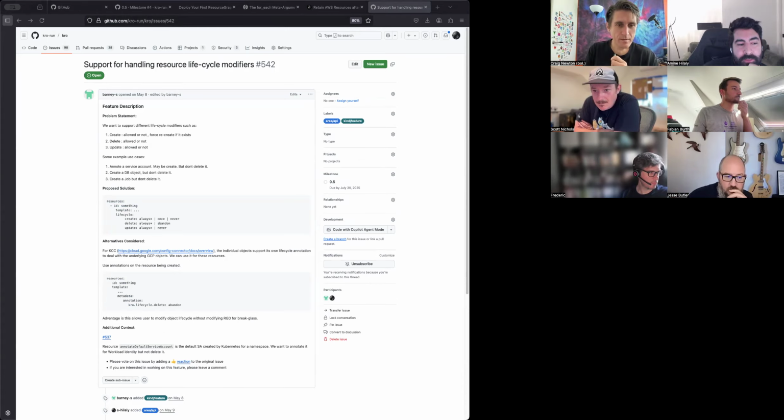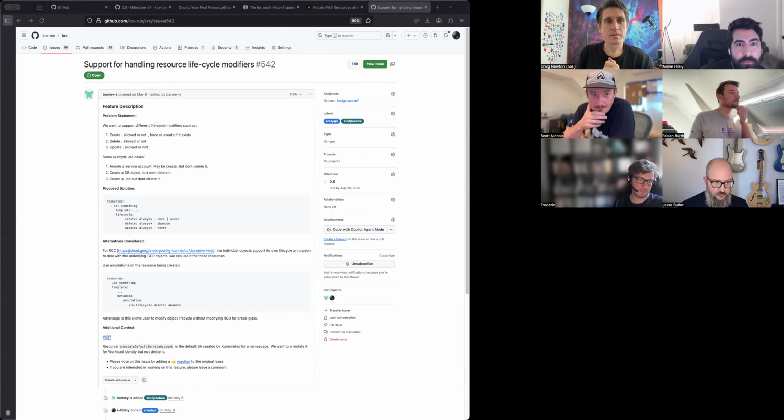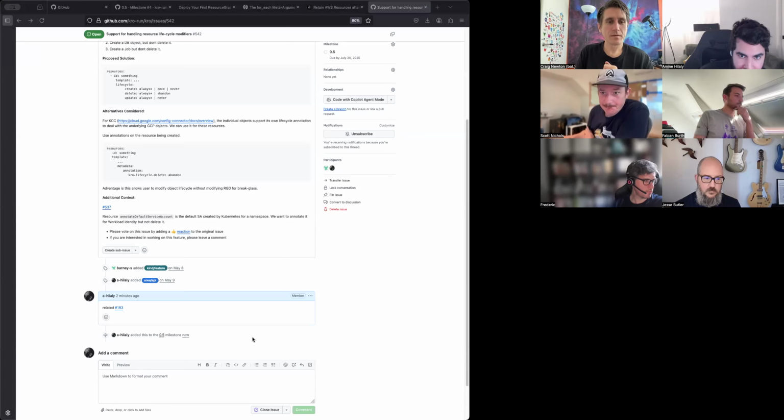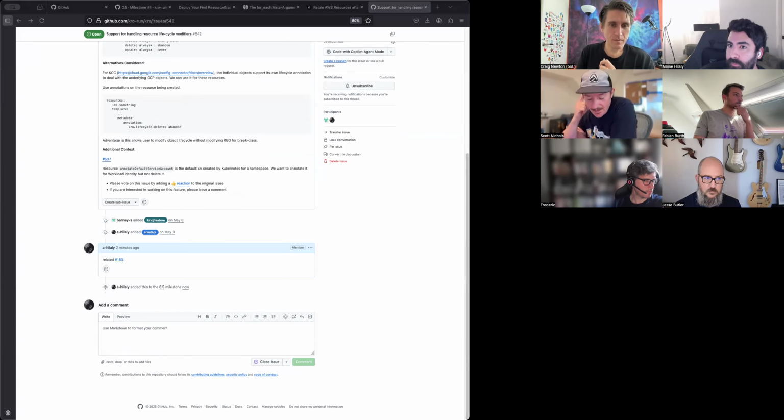Is there an implementation that is somewhat better than the others? Do you have a preferred way of dealing with this problem, or examples we can link in the GitHub issue in here? We implemented it at LinkedIn by adding a special annotation and then rejecting stuff in webhooks. It's pretty aggressive. But if you don't do it in the webhook, things get marked as deleted, and then you can't undo that, right? It's a one-way street in Kubernetes.